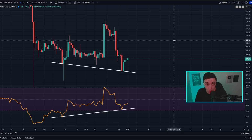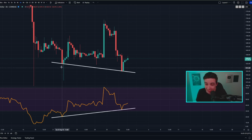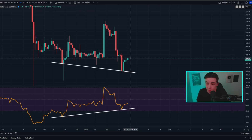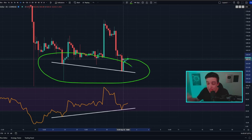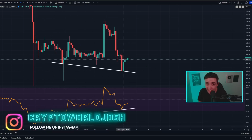And now, unlike Bitcoin on the 12-hour time frame, ETH on the 6-hour time frame actually has some more confirmation for this new bullish divergence, because obviously already since this bullish divergence confirmed with lower lows in the price and higher lows in the RSI, we have seen multiple 6-hour candle closes confirm in the green in the price, which has confirmed a decent low in the RSI, a decent higher low with a decent bounce from that level of support. And so effectively, this new bullish divergence for Ethereum on the 6-hour time frame is now confirmed,